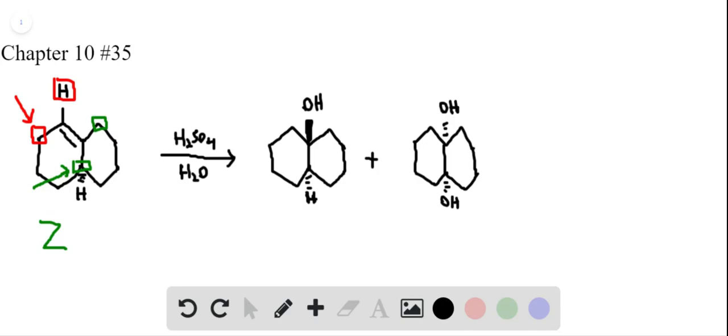Okay, and so that's the answer here. Again, we have a Z alkene, and we arrived at that conclusion by comparing the different things that are bound to each of the carbons that are participating in this double bond. And then treatment with sulfuric acid and water is going to give us a Markovnikov addition of an alcohol, but without any sort of stereo control, we should get a 50-50 mixture of these two stereoisomers. And that's the answer to Chapter 10, problem number